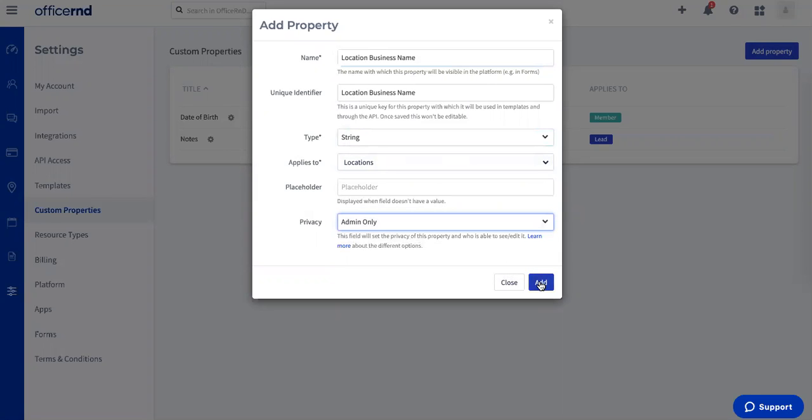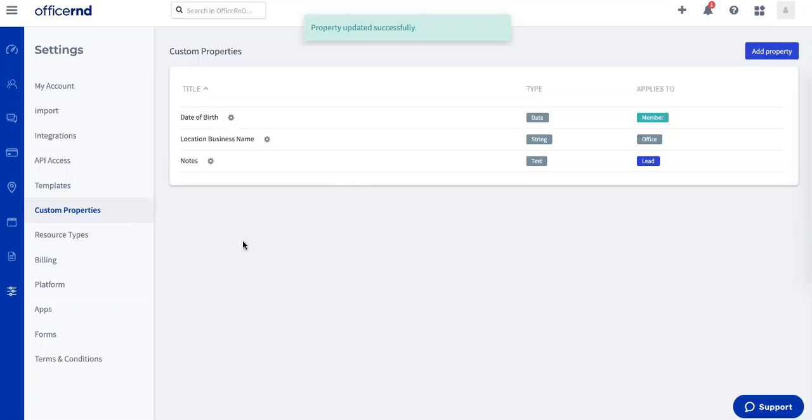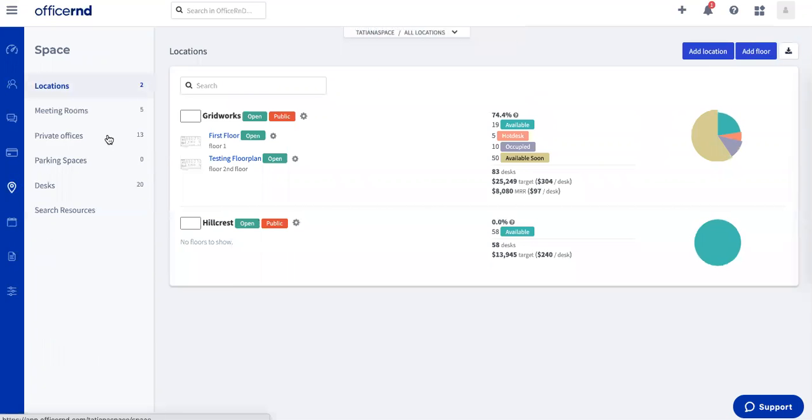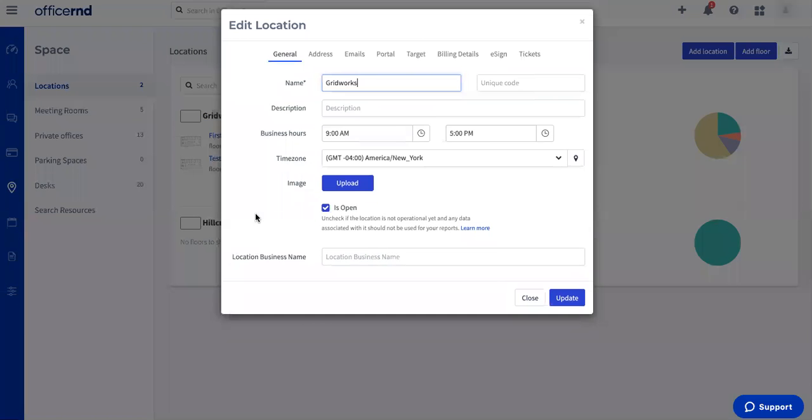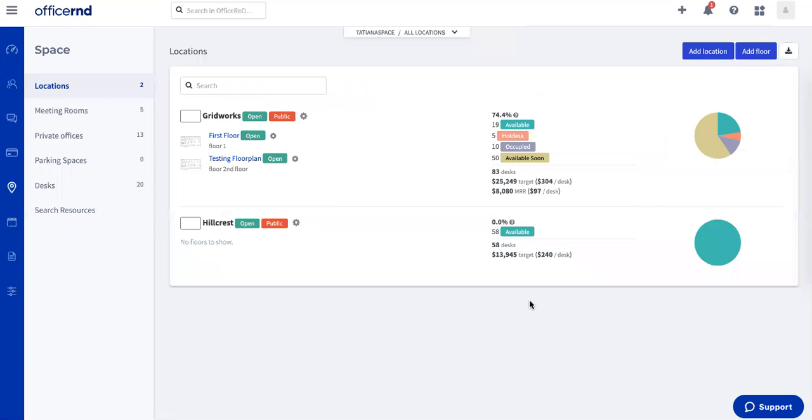Once the property is saved, you can navigate to your space module to edit existing locations. The business name property you created will appear under the general location settings and can now be set on a per location basis. The final step here would be to add the property in your invoice template, as this was the purpose of our example, to be able to show the location's business name in the invoice instead of the actual location name. To do this, you'll need to edit the template under Settings,